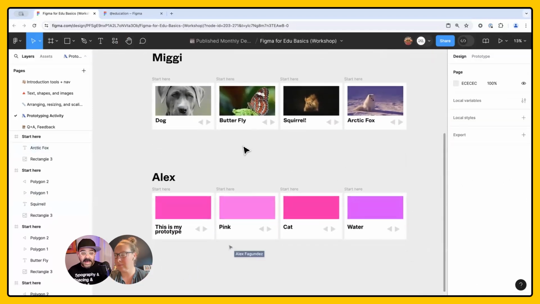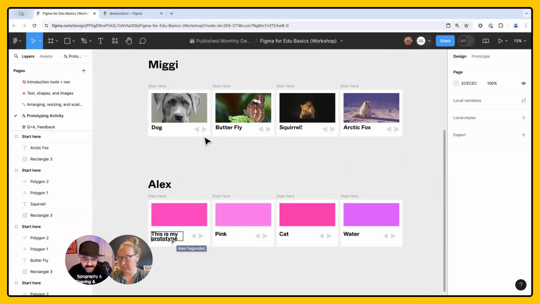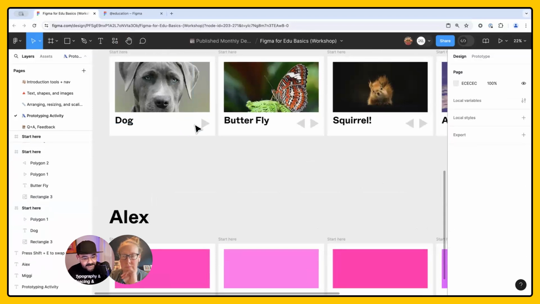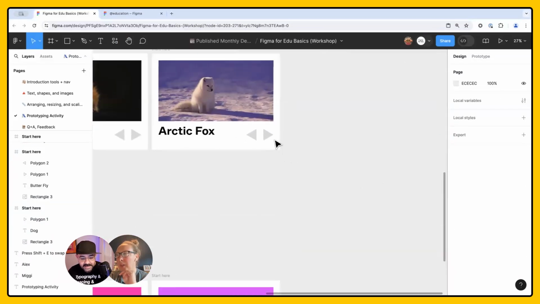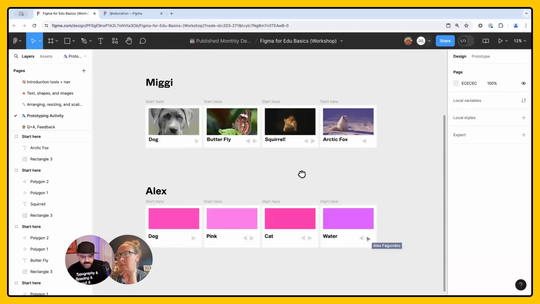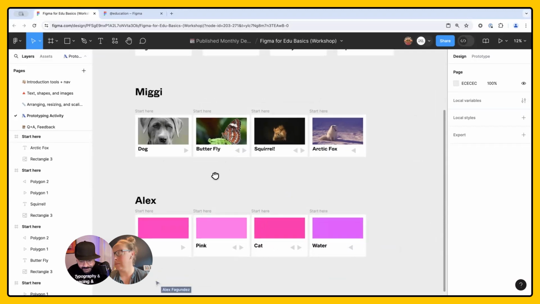Brilliant. Now, the way that our gallery is going to go, we don't need a back and forth on the first one. So we're going to delete the left arrow on the first one. And at the last one, we don't need the right arrow on the last one. So we're just going to keep it super simple. And once again, if you're working with students and you want them to create a fun interactive presentation, they could do something similar. So we're going to make this full click through and we're going to preview this in a tablet device.